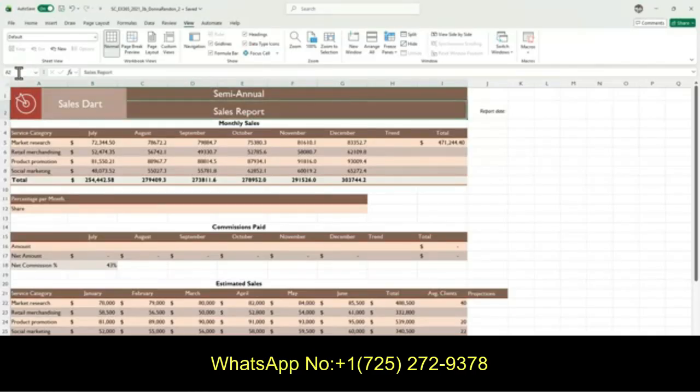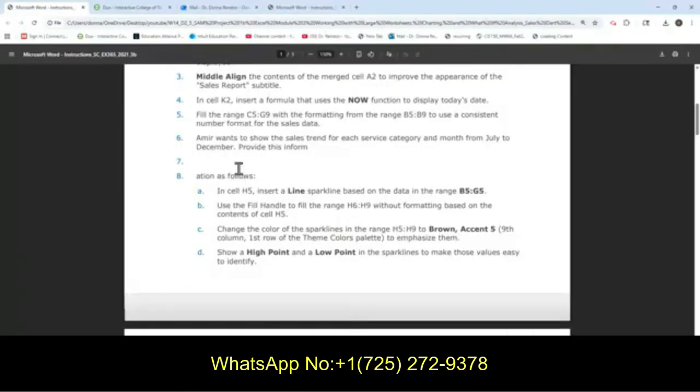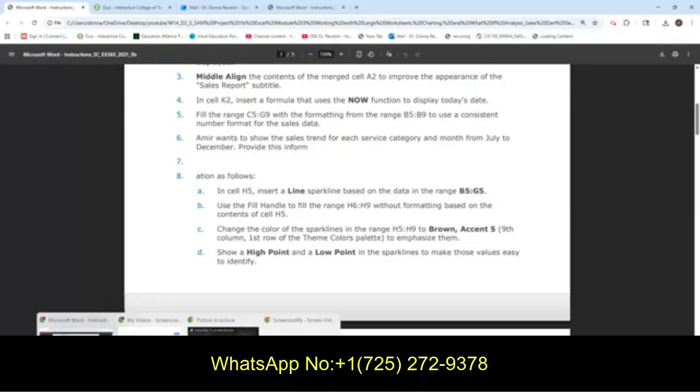The sales report right now is bottom aligned, but we need this to be middle aligned. Okay, that's it. Going back to the instruction, cell A2 here.